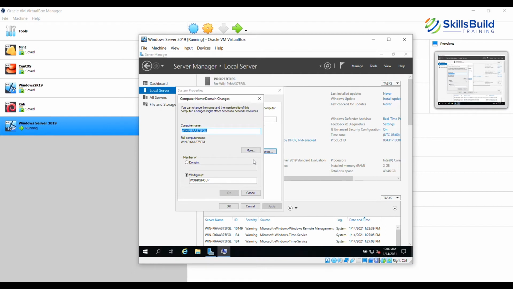So let's change the name. We should always define a meaningful name for the system so that we can identify it. Some organizations will define it by location, department, and maybe the serial number of the system, or it could be the username.